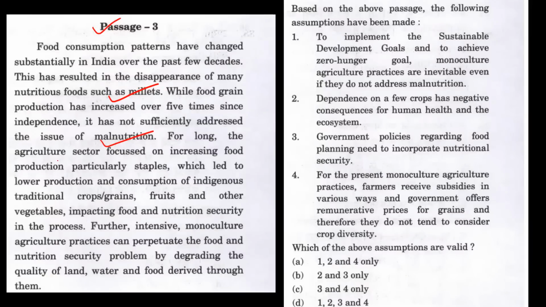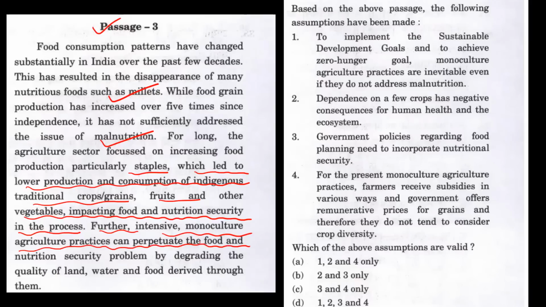For long, the agriculture sector focused on increasing food production, particularly staples, which led to lower production and consumption of indigenous traditional crops, fruits, and vegetables, impacting food and nutritional security. Further, intensive monoculture agriculture practices can perpetuate food and nutrition security problems by degrading the quality of land, water, and